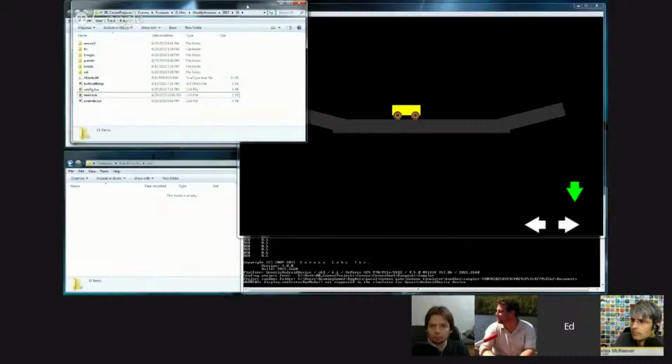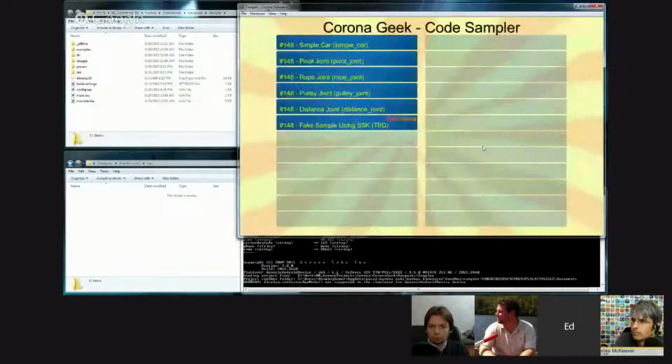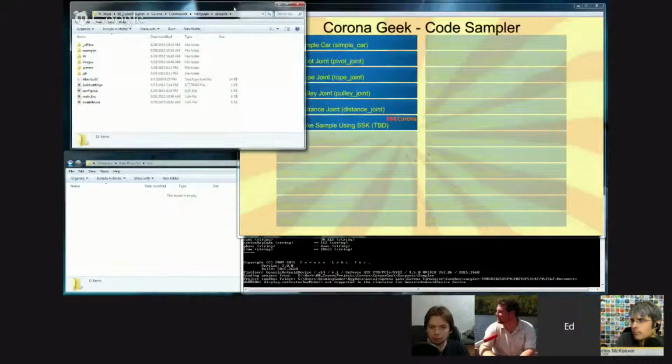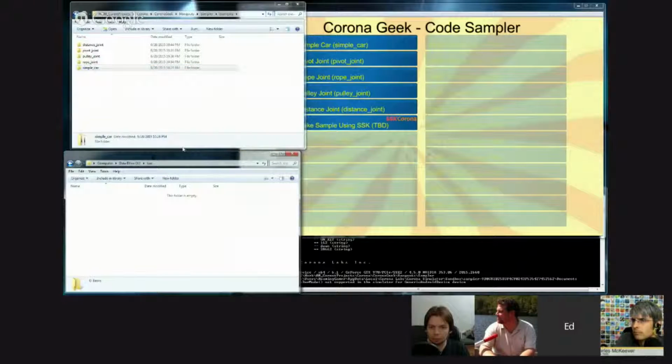However, let's say that you wanted to extract this sample that I'm running right now. You simply run the sampler and say, oh, shelf 148, he talked about simple car. Look at the parentheses, it says simple underbar car, that's the name of the folder. Then you open the sampler that you've downloaded, and you look in the folder examples, and you'll see that there is a folder called simple car. So you simply grab it, just copy the whole thing,